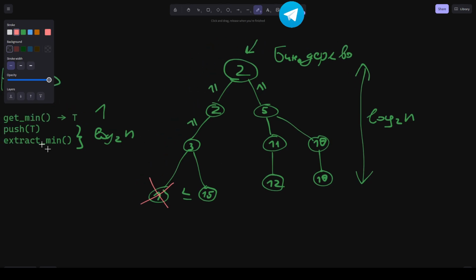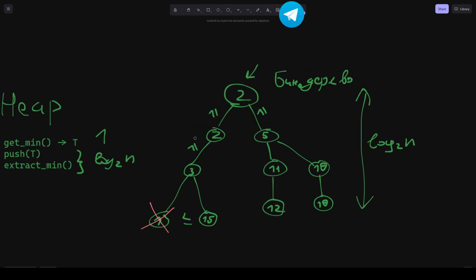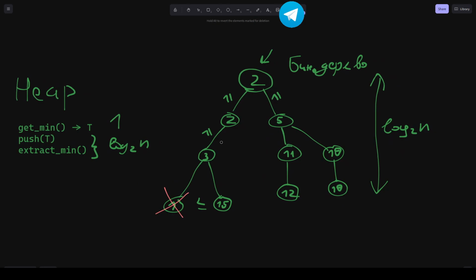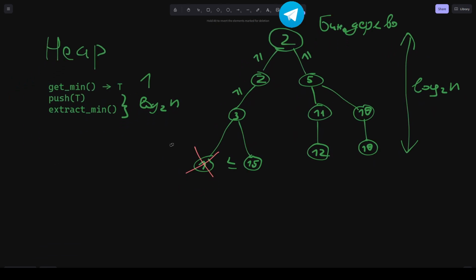Well, there are some nuances on how to implement it, which they will explain to you in the basic algorithms. Here, I have briefly covered the